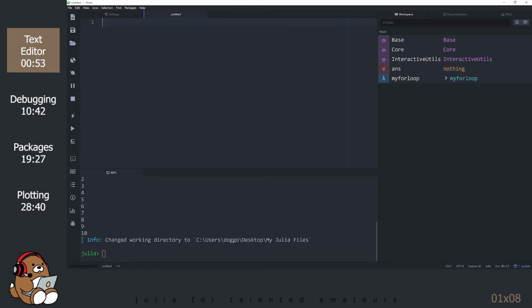In the untitled document, let's create some functions. Remember that the hashtag sign is used for single-line comments.